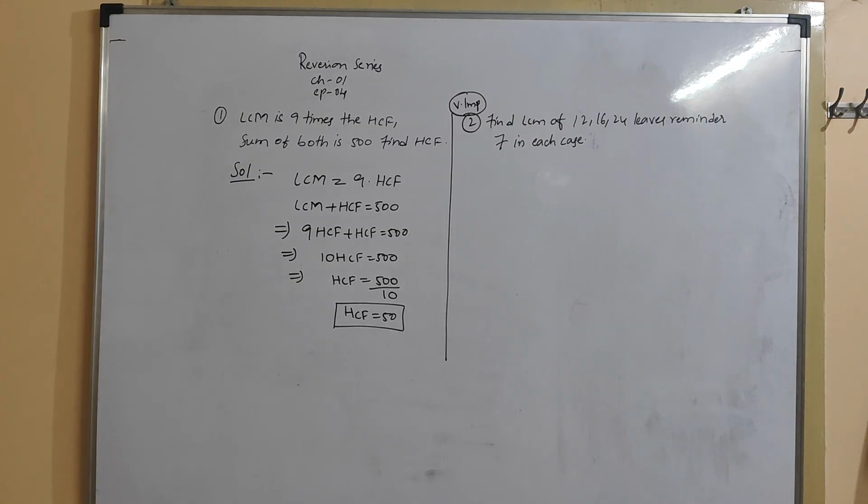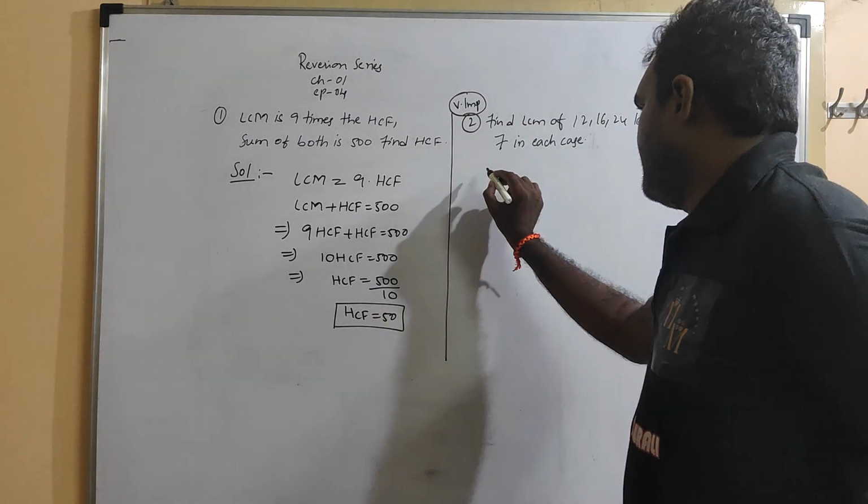See, one trick I will be telling you, for finding LCM or HCF, whatever it may be: if 3 numbers are given and only one common remainder is given, first you have to perform either LCM or HCF. Afterwards, that remainder you have to add to the answer you got. Clear? Then see,